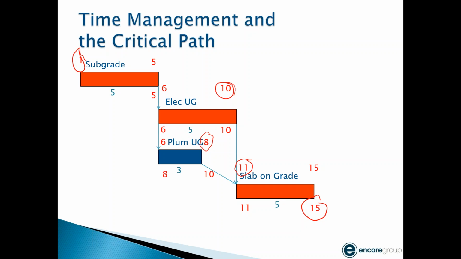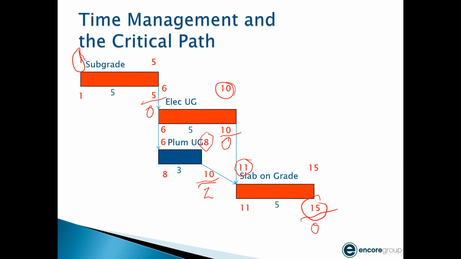So then, obviously, for my electrician to start on day 6, I need to get my subgrade done on 5, which means it needs to start on 1. Right? Then the software, just so you understand, what we saw visually, just in the graphic, what the software does, it comes in and then takes the difference in these early and late dates. And in this case, my slab on grade has 0, my electrical underground has 0, my plumber, the difference here is 2 days, right? So that's where it mathematically calculates my 2 days of float, what we could see visually,